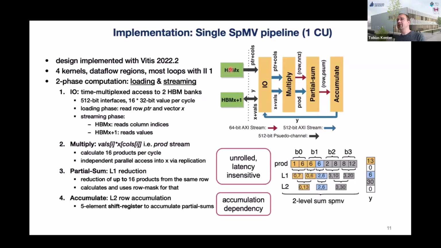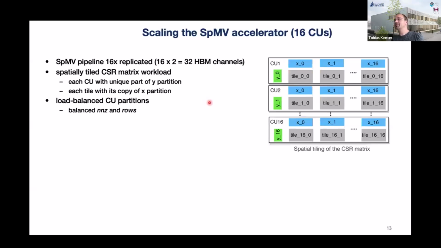You can already see we have 2 HBM channels in use, and I talked about 32 HBM channels available. So overall, we need to scale this design to 16 compute units, and this is what we do with this approach. We spatially tile the workload of the matrix in 2 dimensions. Each compute unit calculates the results of one exclusive part of the result vector. So this one is exclusive to the compute unit, and then the X vector is also split into chunks,